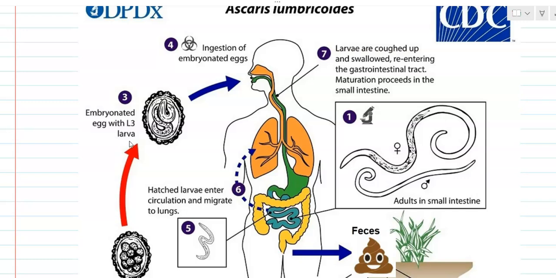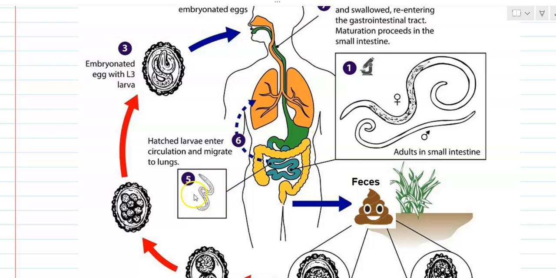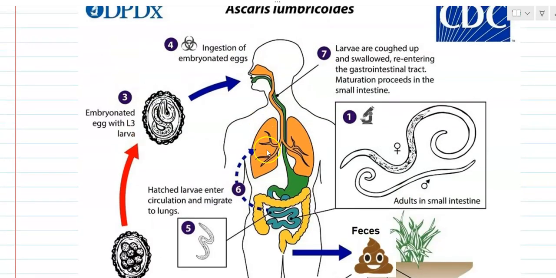the embryonated egg, if it is ingested by the person, that is mainly through the feco-oral mode of transmission, by dirty hands or by contaminated vegetables, this embryonated egg that forms into the larva, when ingested, will enter into the intestine. In the intestine, the hatched larva enter into the circulation and they can migrate further to the lungs of the person. Larva present in the lung can be